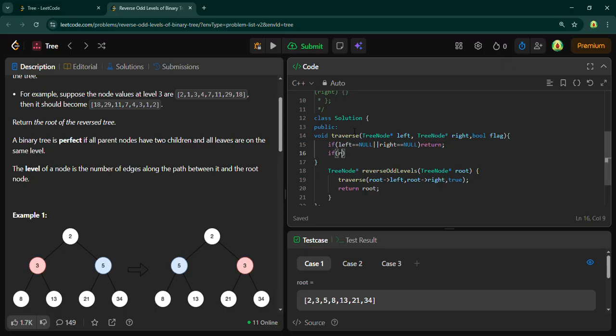And again I will check if flag is true, then I just have to swap the values of left's val, comma right's val. Okay, you have to do the swap, and then you just have to traverse the function, traverse the left's left, and then again right's right,